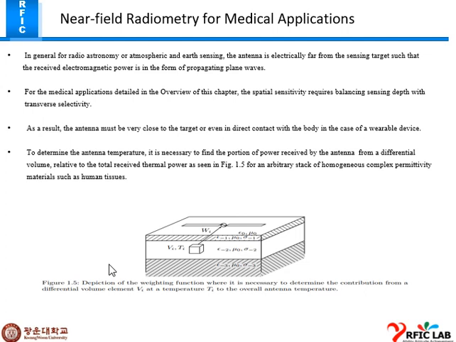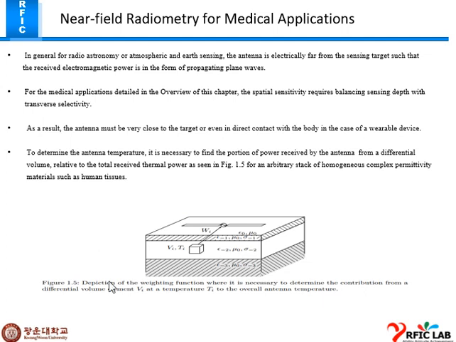Now, what is near-field radiometry for medical applications? In general, for radio astronomy and atmospheric and earth sensing, the antenna is electrically far from the sensing targets such that the received electromagnetic power is in the form of propagating plane waves. In medical applications, the spatial sensitivity requires balancing sensing depth and transverse selectivity. This results in the antenna having to be close to the target or even in direct contact with the body in